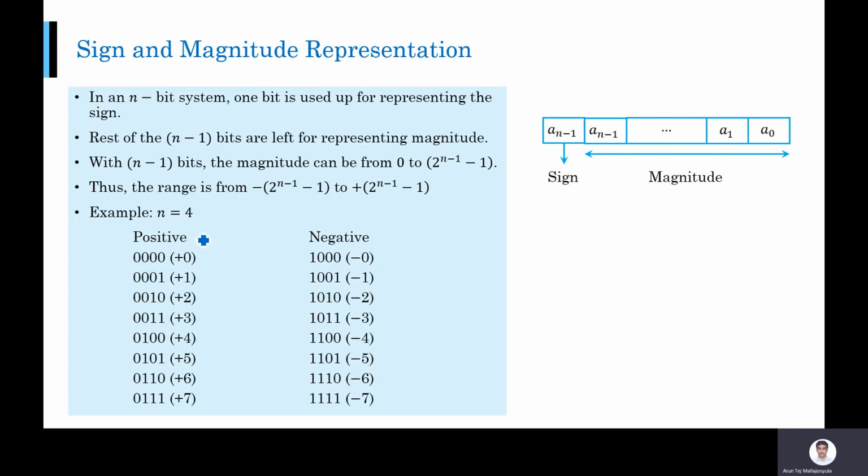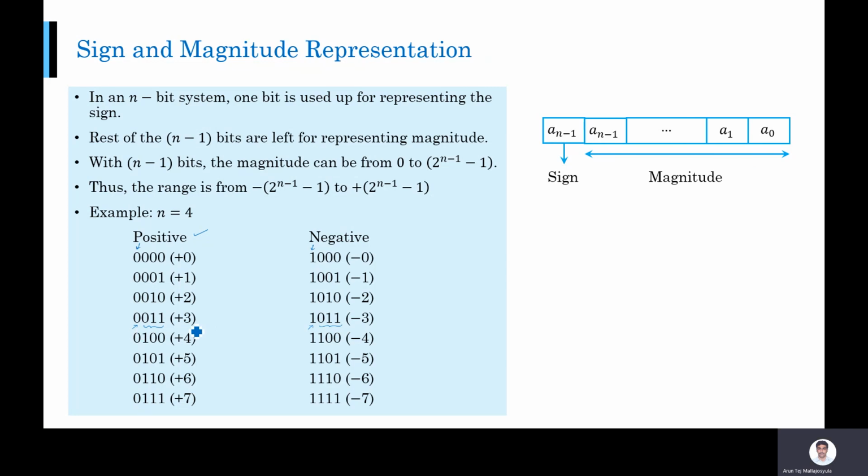Here is an example of sign and magnitude representation. If the leftmost bit is 0, like in all these numbers, it is a positive number. When the leftmost bit is 1, then it is a negative number. Okay, so take any number, 0 1 1. Okay, plus 3. We know that this represents plus 3 because the first bit is 0. Minus 3 will be simply, the magnitude is the same, so the magnitude bits will remain the same. Only the sign bit will change. Okay, the sign bit is 1. When your sign bit is 1, it is minus 3.